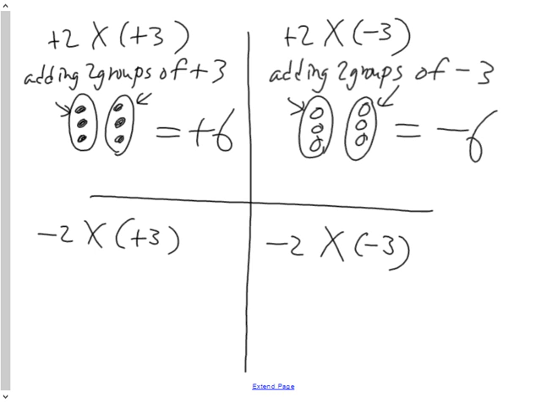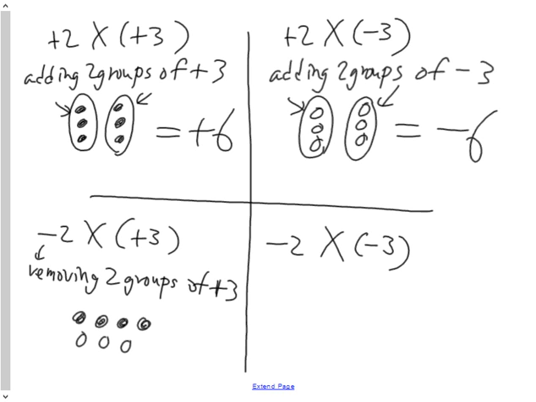And the third example, if I interpret it with words, it's going to be removing, not adding, but removing 2 groups of positive 3. Right? So I'm removing positivity from something, which I know from just common sense. If I remove positive air temperature molecules from a room, it's going to make the room colder, right? But if I think about it in terms of modeling, there's a 0 pair. So if I had 6 of these, enough to make the product work,